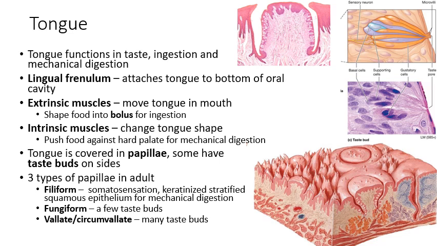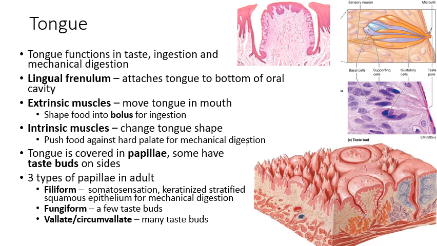Then the somewhat bigger taste buds are called fungiform taste buds, and the biggest ones of all are the valate or the circumvallate. The somewhat bigger papillae are the fungiform papillae, and then the biggest ones of all are the valate or circumvallate